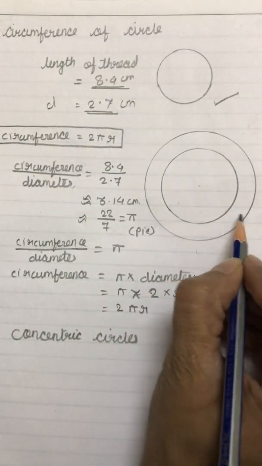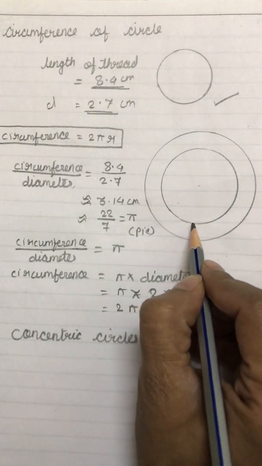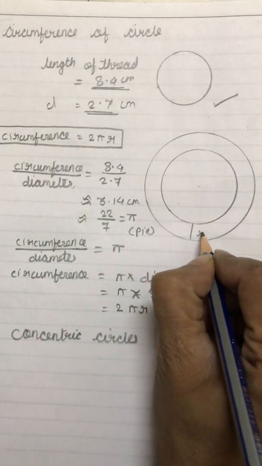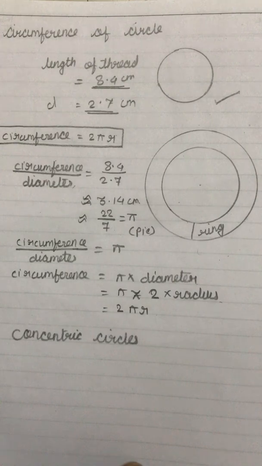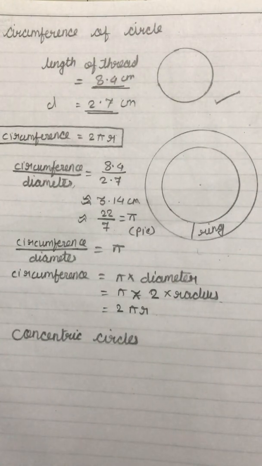The area between these two concentric circles is known as a ring. So these are some basic terminologies related to the circle. In the next video, we are going to see the examples, or the exercise, based on these terminologies. Before that, I request all of you to go through all the solved examples given in your textbook on pages 272 and 273. In the next video, we are going to see exercise number 76. Thank you.